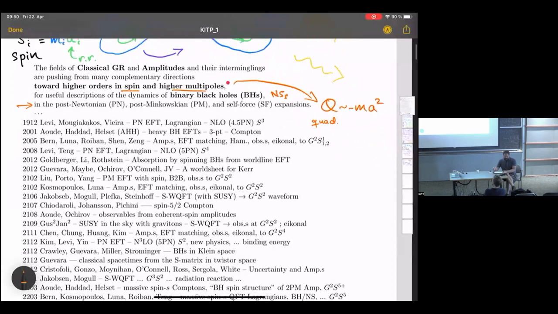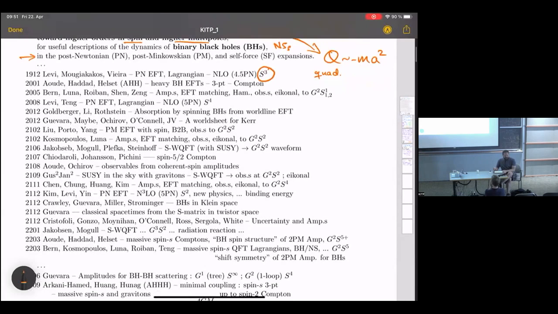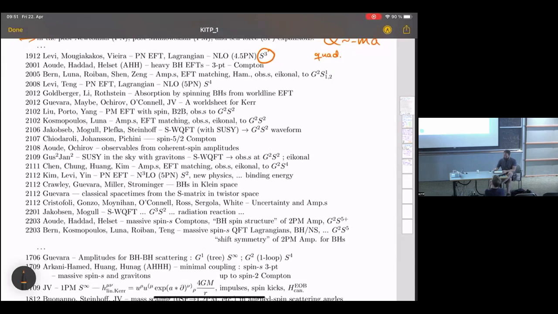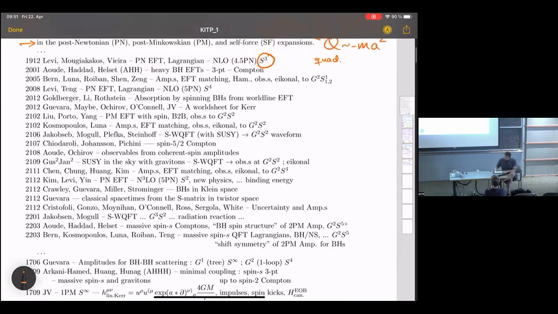And I'm listing here some very recent works, all of which have something to do with spin. And my standard for higher orders is like spin cubed, fourth, fifth at this point. And from many different approaches, for example, post-Newtonian effective field theory, which I believe we'll hear much more about this afternoon from Michelle. And I have this long list of references, all from within the past two and a half years. I'm not going to say much about many of them, except some really exciting, very recent work, which